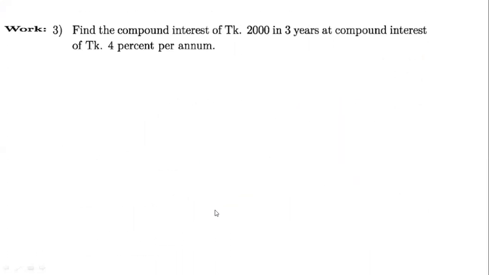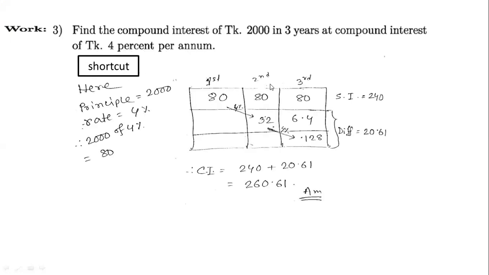Okay, I think this is the math where you face so many difficulties, because it is compound interest math where the principal is 2000 taka, for 3 years, at compound interest of 4% per annum. You may use the formula, no problem, but you need to understand how the shortcut is used, and it's very easy and very effective for you. What is actually given here? Here is given the principal, 2000 taka, isn't it? Yes. And here the rate is given, that is 4%.